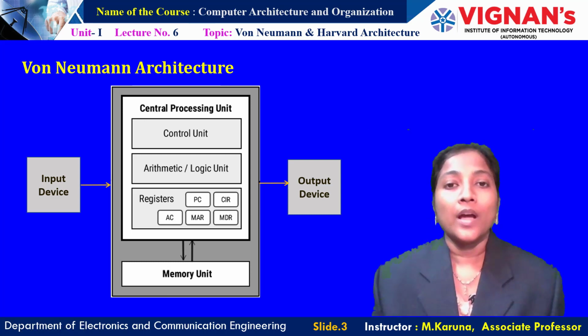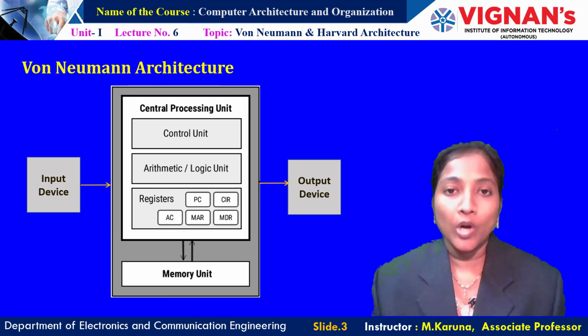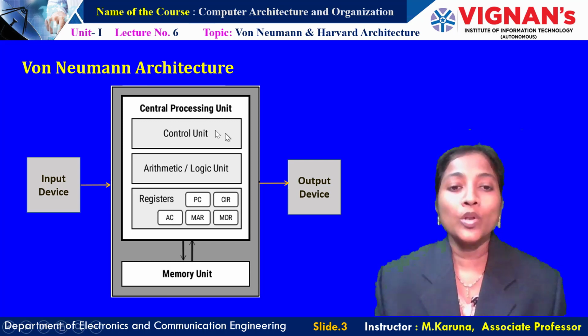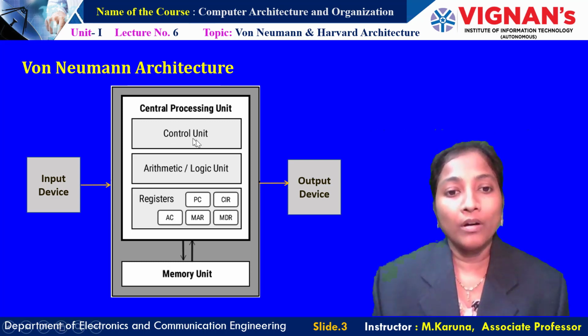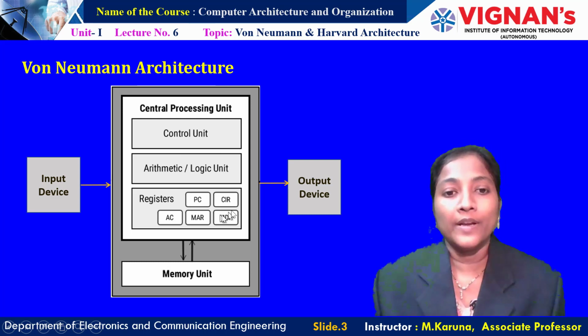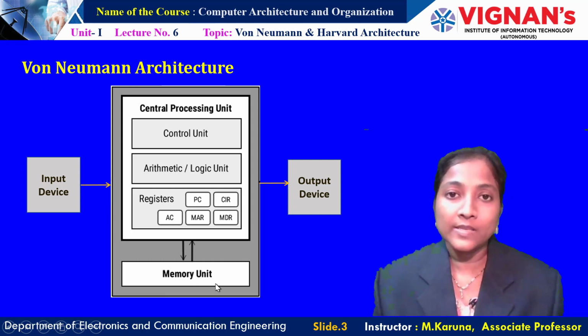The arithmetic logic unit allows arithmetic and logic operations to be performed. Coming to the control unit, it generates timing or control signals to coordinate the functional units of the computer. Coming to the memory, it is RAM, random access memory, or we can say primary memory. It is fast memory, and the CPU accesses that memory directly. Here the same memory space is used to store both data as well as programs.